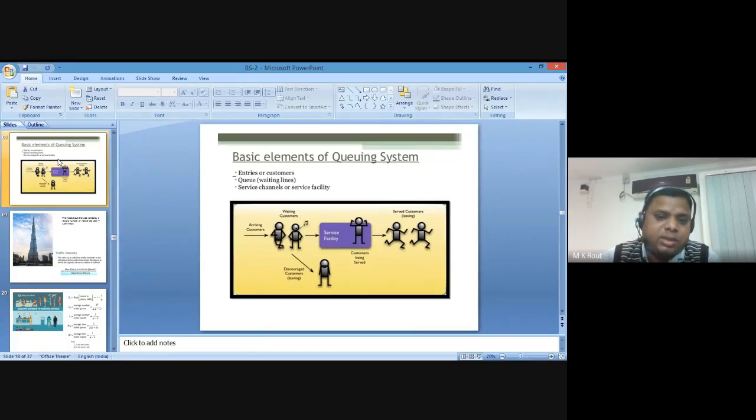So how do they manage? With the help of the queue system. The basic queue system facilitates, or they can arrange, a number of service facilities so that whenever people arrive inside the system, they can easily avail the service, and after getting the service, they depart. Similarly, this principle is also applied in banking sectors.